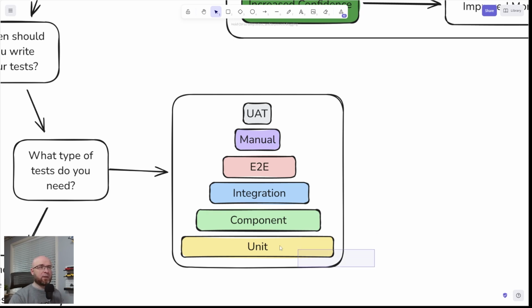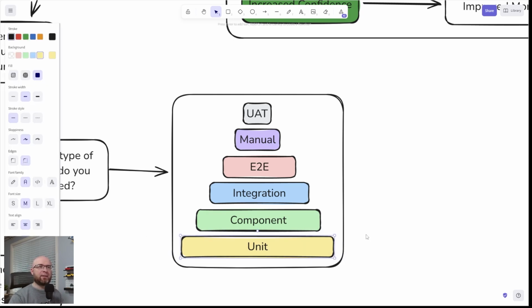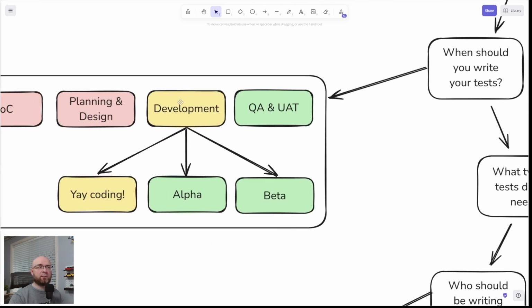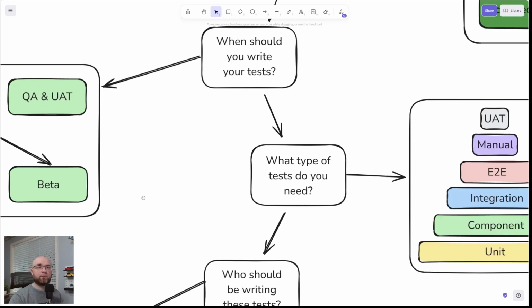And at the very bottom is unit testing, which I totally 100% agree. Unit tests are really, really good to have. They test core logic of your application. So all the if and else statements, all the switch statements, right? All of the calculations, methods, and functions, all the math, anything in your application that is logic should be unit tested, because it's the most important thing. So definitely write unit tests, and these unit tests should be started over here in the development and coding stage.